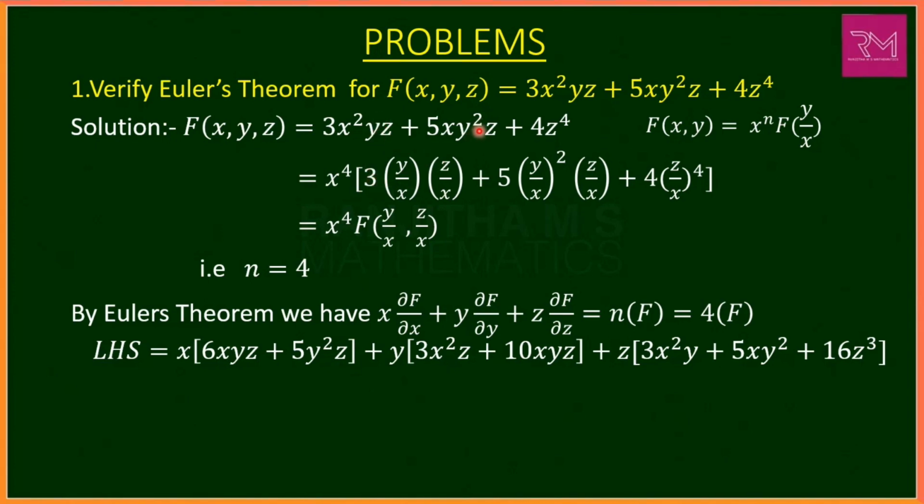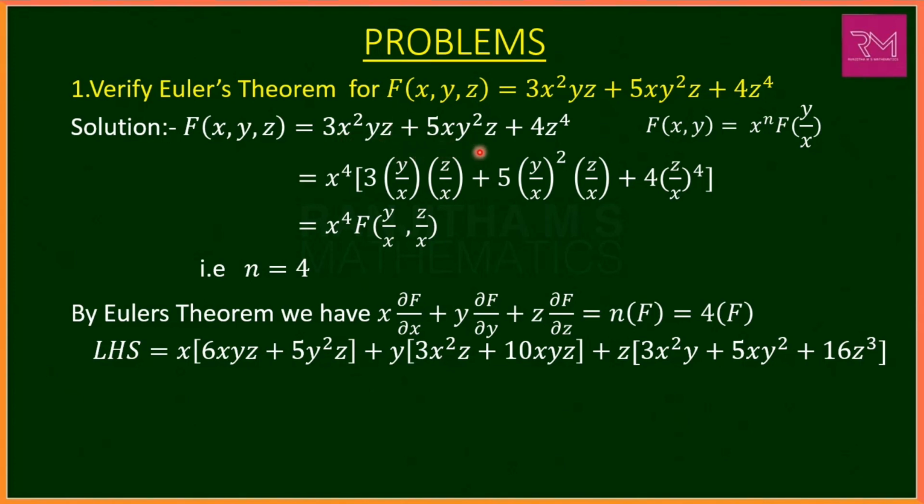Here we have y term, that is differentiation of y square is 2y, that is 5 into 2 is 10. Hence we get y into 3x square z plus 10xyz. Here no y term, so becomes 0 plus z into del f by del z, that is differentiate f with respect to z we get as here 3x square y is constant, take as it is, into differentiation of